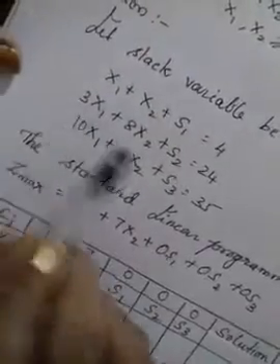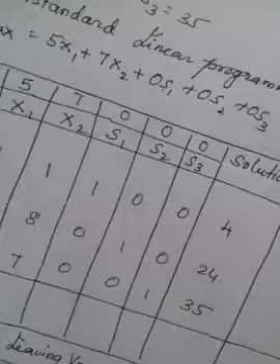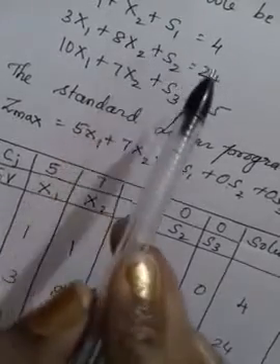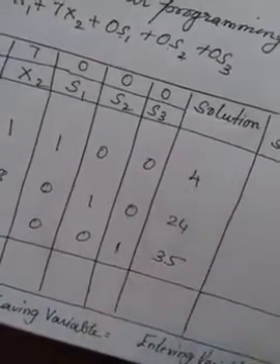Similarly, write down the second equation and third equation. Now I have written all the coefficients of the second and third equations. Here only S2 is there, S1 is not there, S3 is not there. So we put 0 for S1 and 0 for S3 and S2 is there, so 1. In the third equation only S3 is there, so for S3 you give 1 and the remaining is 0. Okay. Here after the equal sign, what is the constant we have? That constant we have to write down in this column. Is it clear?